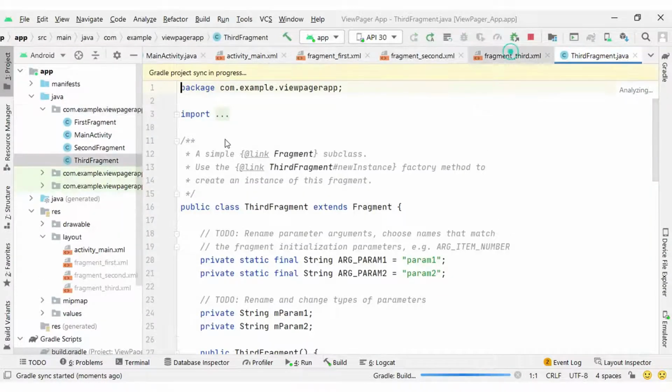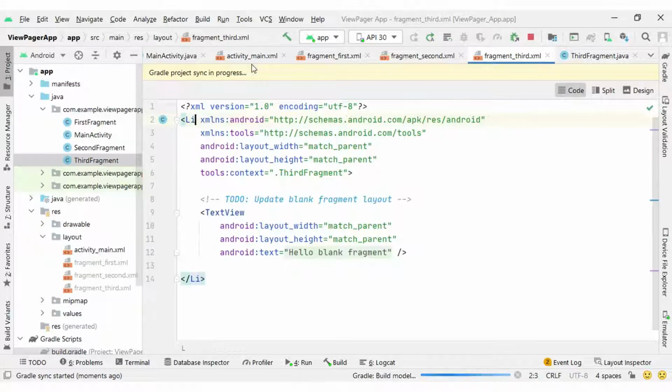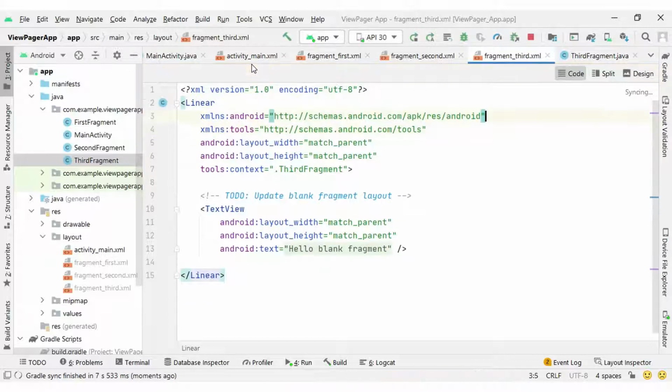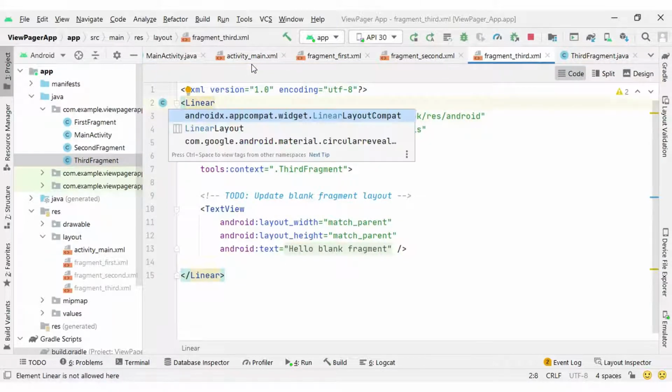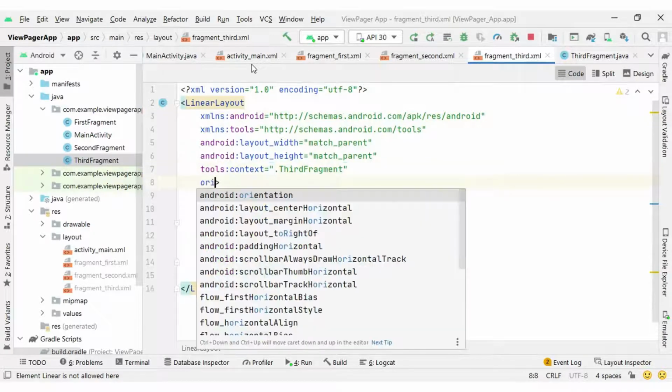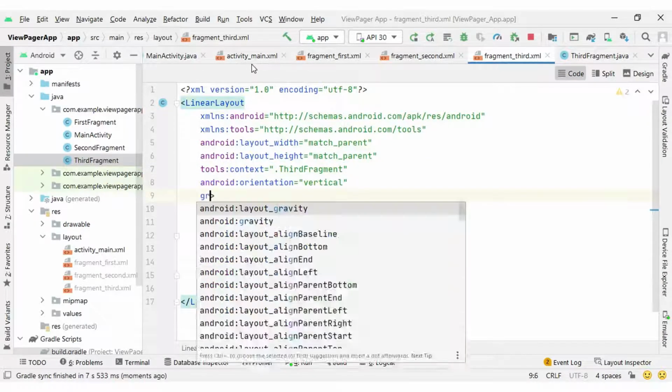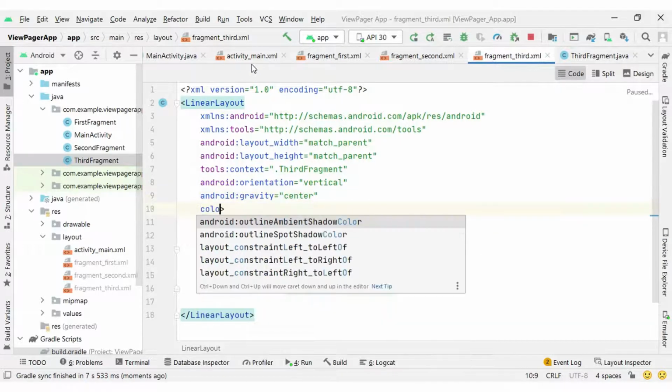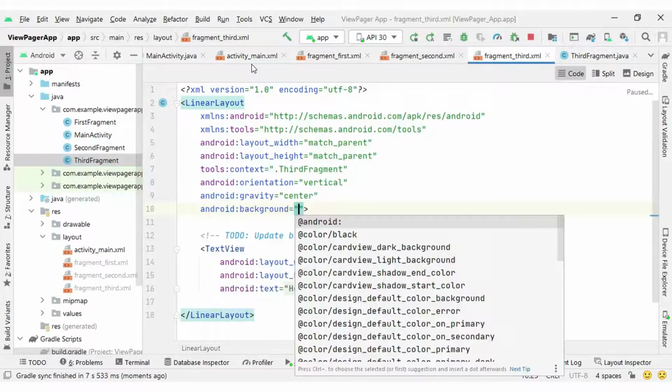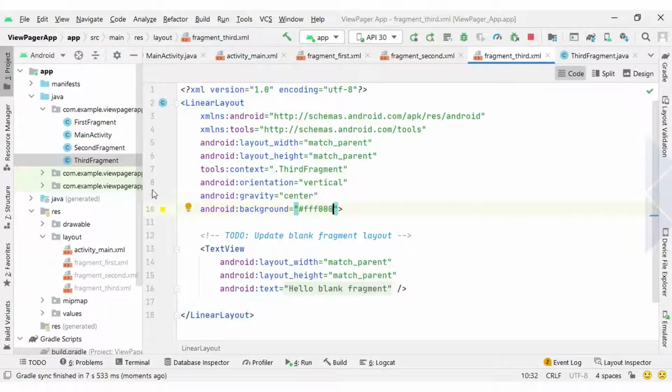In the third fragment also I will repeat the code, converting the FrameLayout to a LinearLayout, with orientation vertical, gravity center and a yellow background color, and width and height wrap content with the text property Third Fragment. Okay, so we created three fragments.